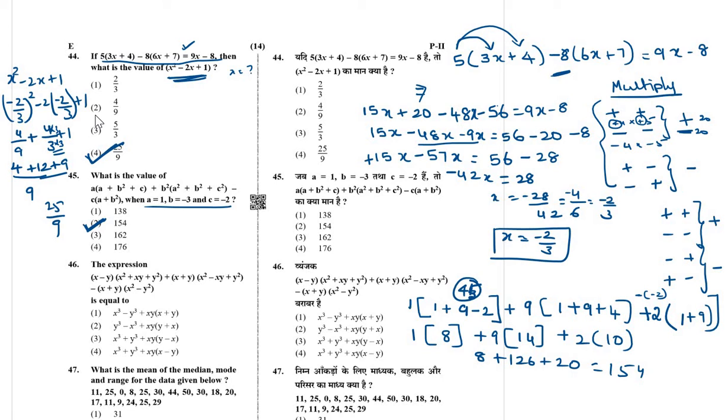Okay. So the next question is where an expression is given, and you have to simplify this expression. You will get one of the 4 options. So here also we are using the sign rule again because multiplication is there. So you must know the sign rule. Continue. So here x minus y into some term x plus y. Here x plus y is common in both the terms.